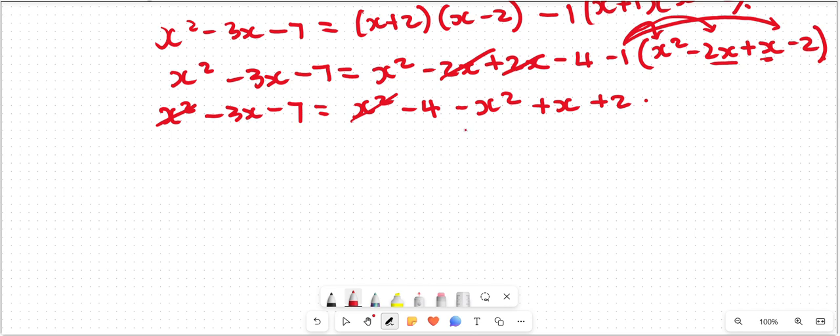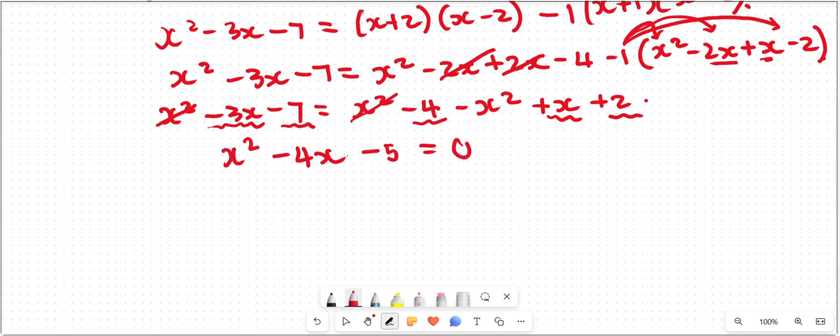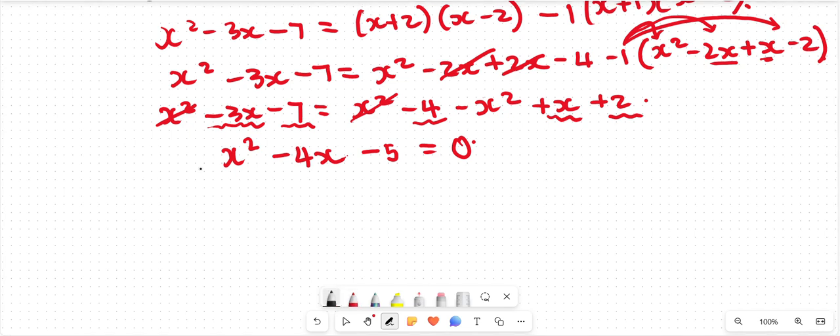Then at this point, these x squareds cancel, but this one becomes a positive on that side. Negative 3x with the negative x will give me a negative 4x. And then lastly, the negative 7 with the positive 4 would give me a negative 3. With the negative 2, it's a negative 5. So we get this. And once you've factorized this, of which you can,